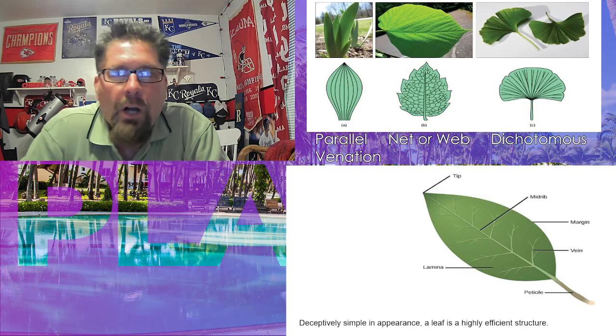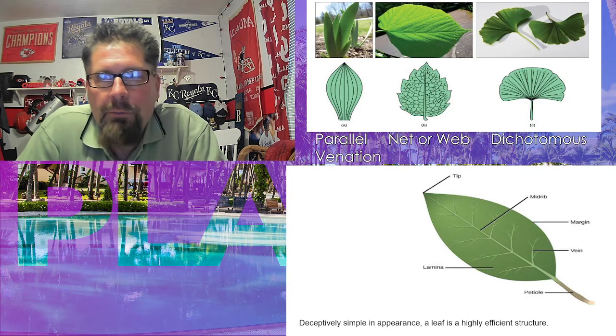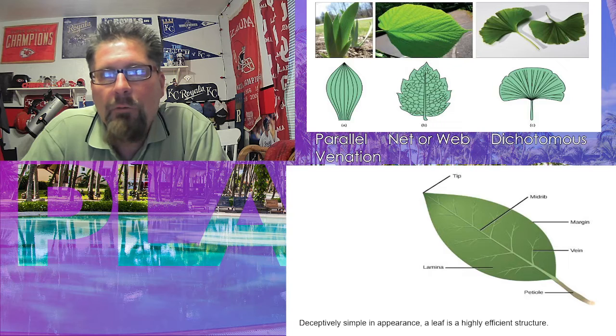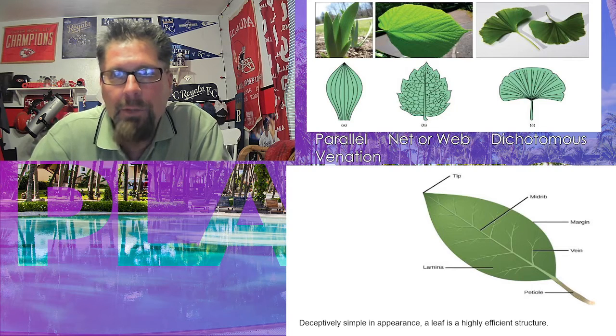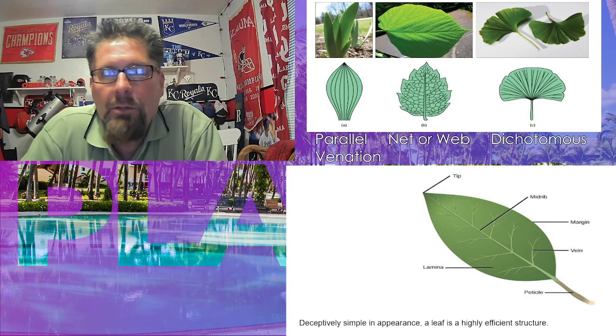Now, when we're talking about leaves, the first thing we want to think about is the term venation. And you can see it below the text, the word parallel on the screen there. But venation is the style of veins, for lack of a better word, that a plant or a leaf might have. You can see the first example closest to me here is parallel. They're obviously